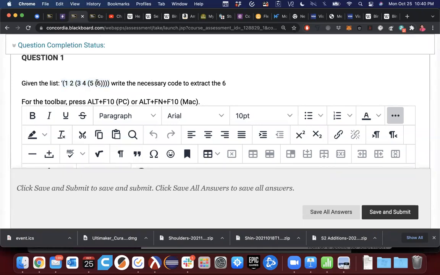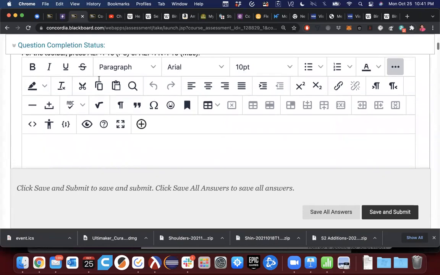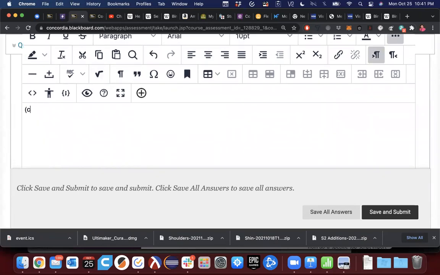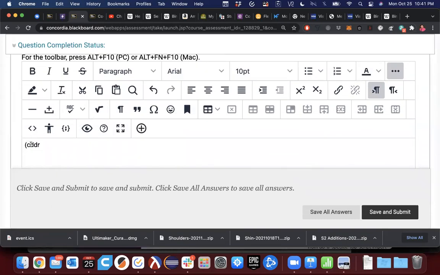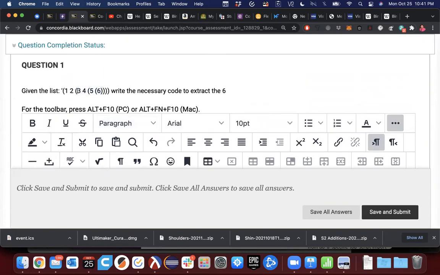Extract the 6. So we're supposed to get this guy. So we're going to do the cdr of it. The cdr of it gives us this guy. I'm just going to start with that. CD. That gets us, and then the car of that gets us that list, CADDDR. So now I'm looking at